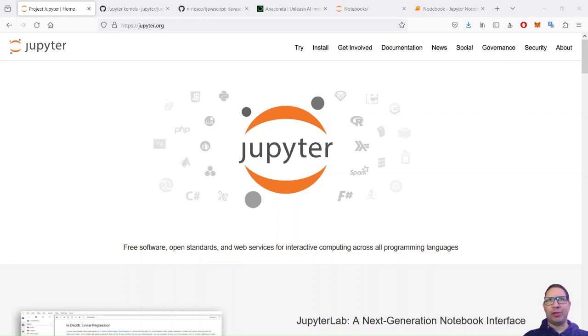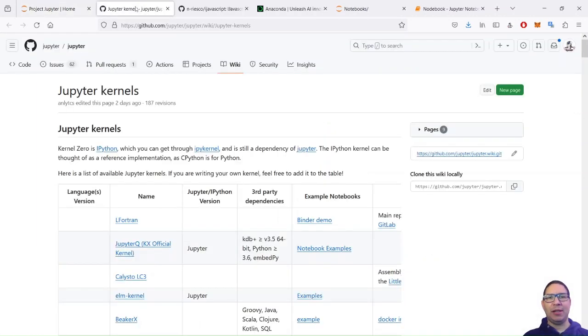Jupyter is an open source project coming from the data science domain. It allows you to combine text, code, and code execution in single interactive documents called notebooks from the web browser. The name actually comes from Julia, Python, and R, coding languages that were originally supported as execution code. But since the community project, because it's open source, has been extended and it now supports many languages, as you can see on this page.